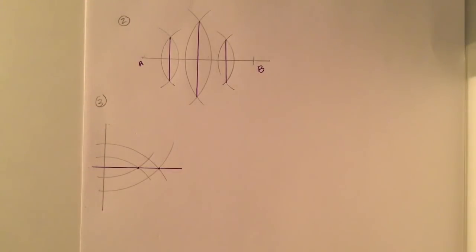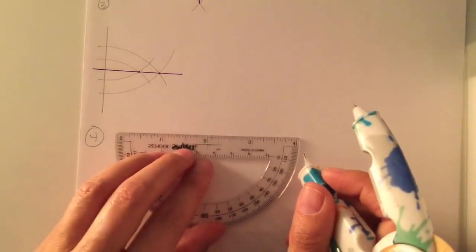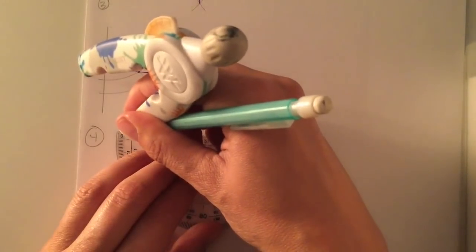All right, so for number 4, it says construct segment RP, where RP is equal to 2CD minus 1/2 AB. So for number 4,